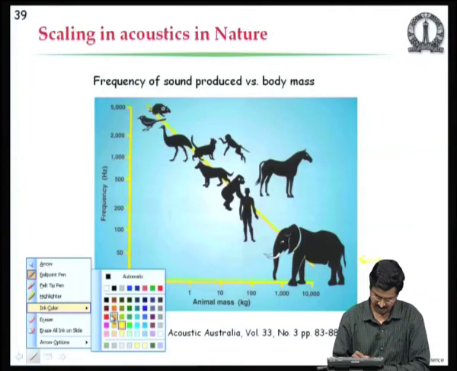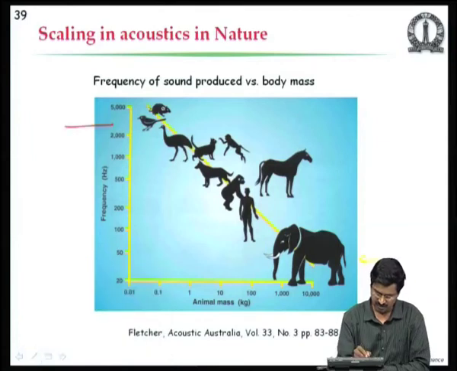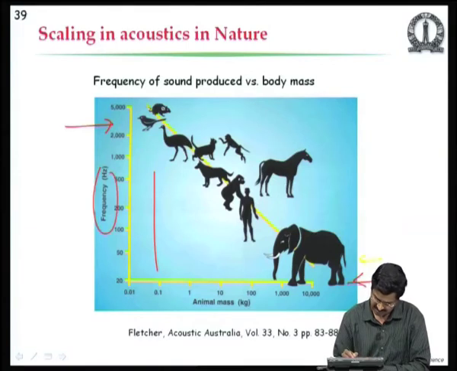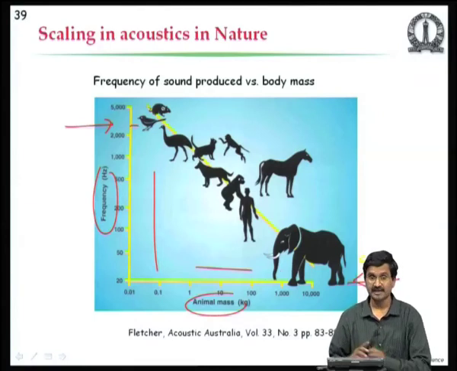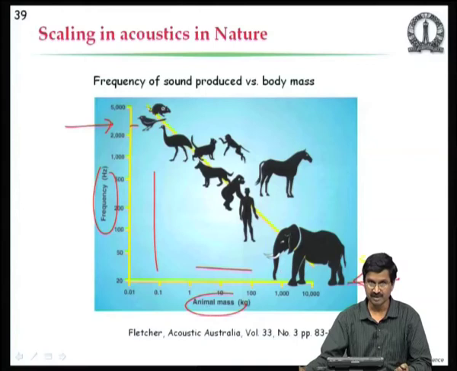So, they are very different frequencies. This is low frequency and this is high frequency. We have the frequency on this axis and the animal mass here. Small animals have high frequency and large animals have low frequency. So, we have high frequency here and low frequency, that has to be kept in mind when we look at